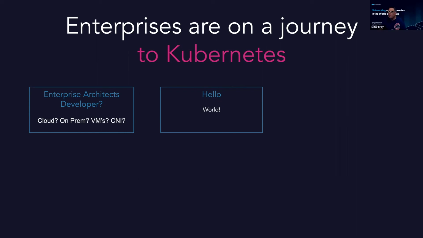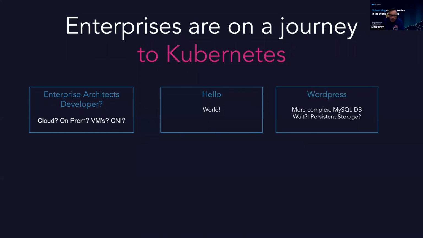And then when they're done with that, right, they deploy their first app, and that's usually a hello world kind of application. I deployed Nginx as my first one. And then they do something more complicated, WordPress, you know, and this is only slightly more complicated. They Google how to do it. They're doing research. They find the Helm chart, but this requires persistent storage, and it sometimes stumbles people a little bit. Then they have to Google around and say, how do I do persistent storage in Kubernetes, and how do I solve that problem? And we'll get to that in one of the next